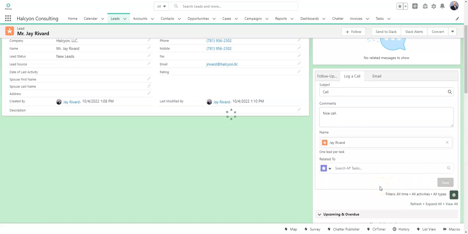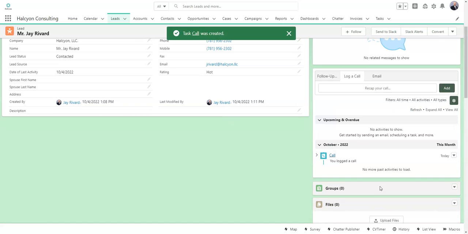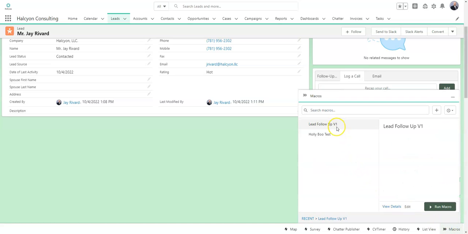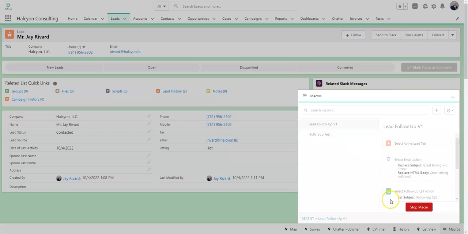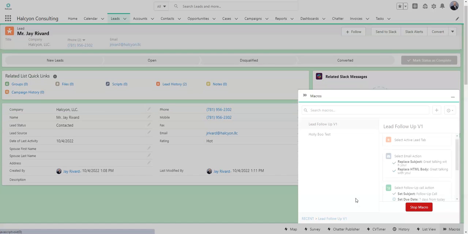And at this point, you may want to schedule a follow-up call for a week later, as well as maybe send out an email using an email template to follow up on that call, that type of thing. So what you can do is record those steps using a feature in Salesforce called Macros. And when you create that macro, you simply just highlight it, click on Run Macro, and it will automate those